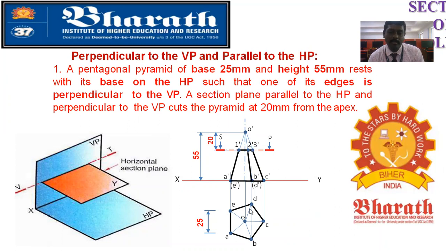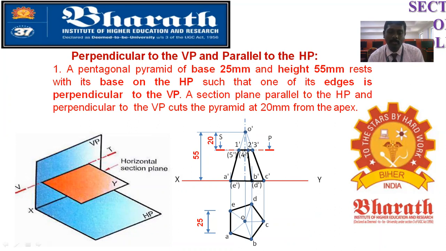Then at the back side you will have DO as well as EO. That is behind, so that will be hidden. So 4 dash. And EO on the hidden object, that will be 5 dash. That is on the back side. So on the back side of this point you will have 4 dash, and behind 1 dash you will have the cut point 5 dash.